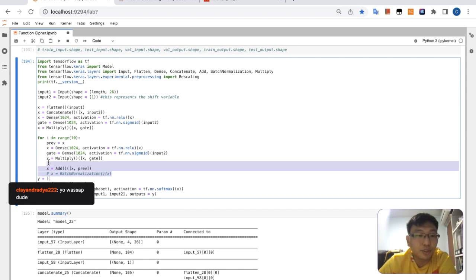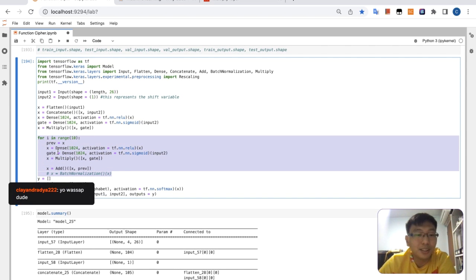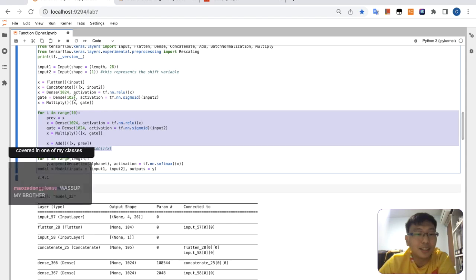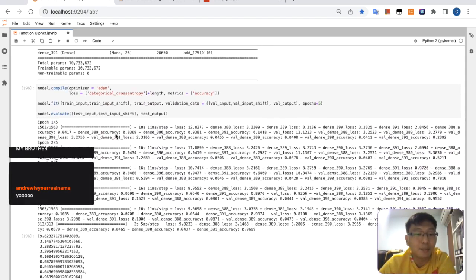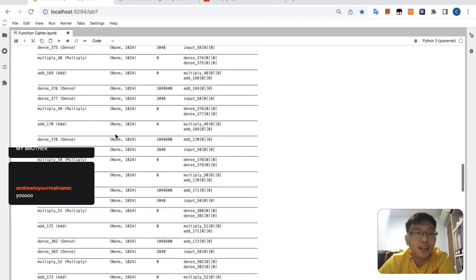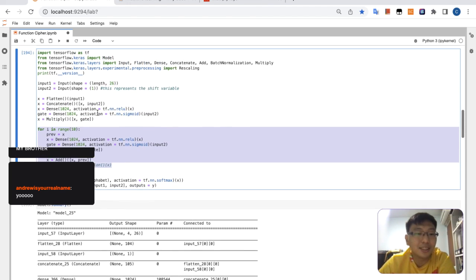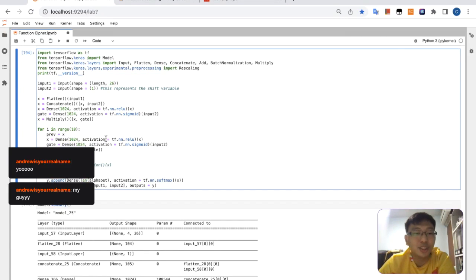Cool, right? You see, in TensorFlow you can do stuff like this. You can do a for loop like this, and you don't have to specify the blocks 10 times, which I think is very cool. In the past, in TensorFlow V1, you could not do Pythonic style statements like this, but they have changed since then, and I'm glad they changed because now you can do stuff